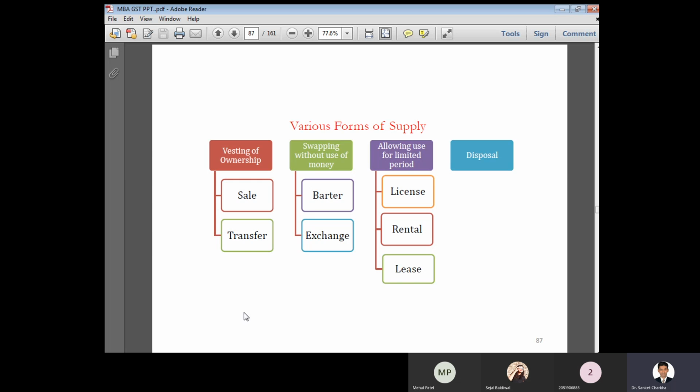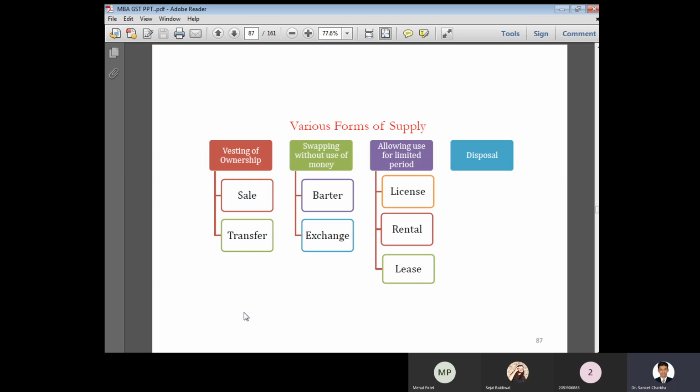Okay. So vesting of ownership. The main two types of supply are, first, the transaction of a sale and, second, the transaction of a transfer. Sale is a part of an executed contract wherein a particular transaction gets settled immediately. That is, you want to purchase goods or a particular service and you conduct the business activities or services immediately. In this way, the sale transaction can be conducted immediately.